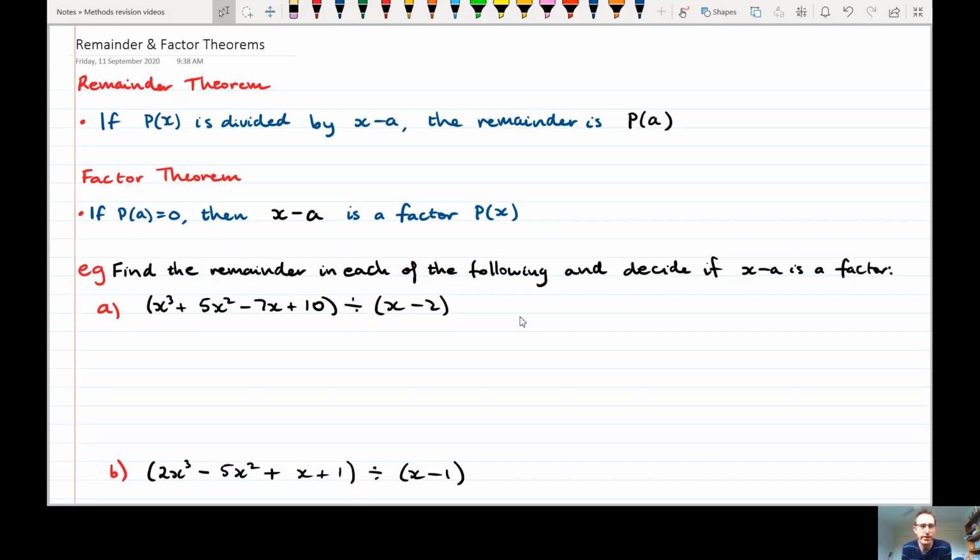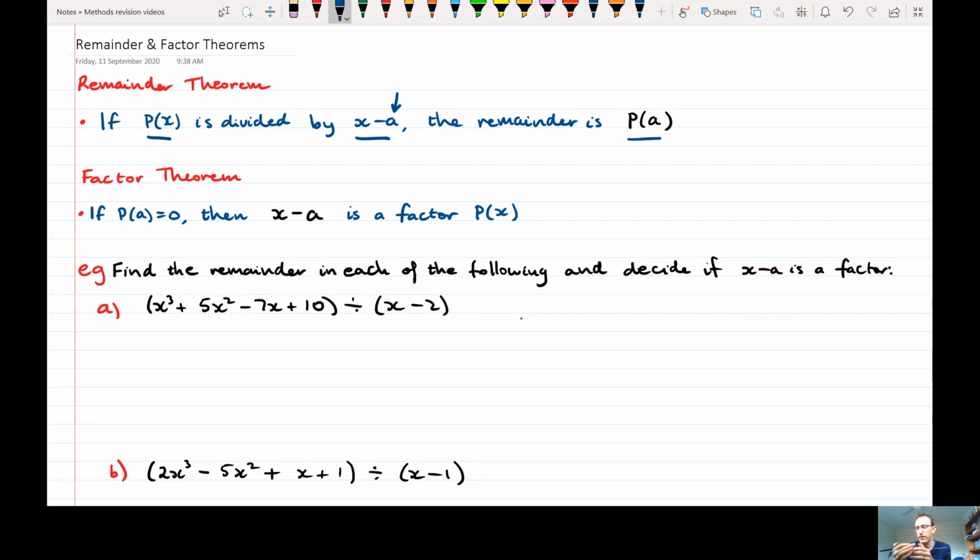Okay, so in this video, we're going to revise how to use the remainder and factor theorems with algebra. So remember, the remainder theorem tells me that if I'm trying to divide a polynomial p of x by some factor x minus a, then the remainder is going to be given by p of a, which means I substitute this value of a into p of x, and whatever number comes up once I simplify and evaluate that is the remainder if I was to divide. So it tells me very quickly what the remainder is without going through the whole step of long division